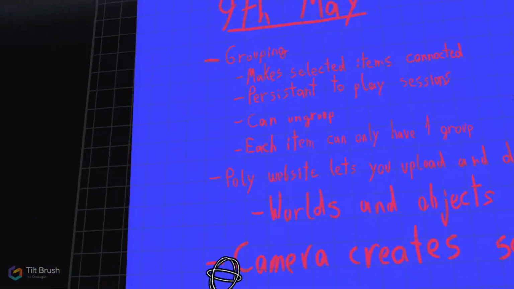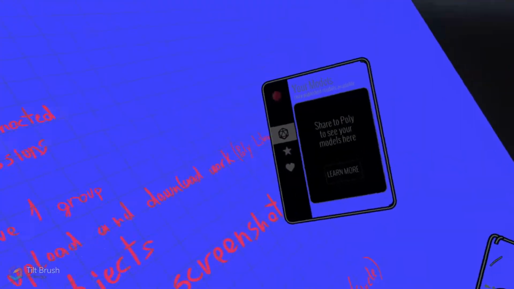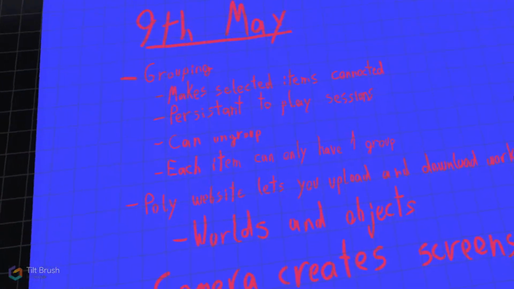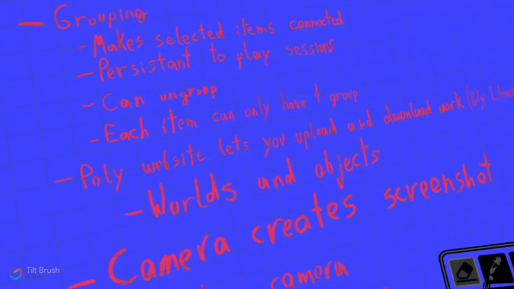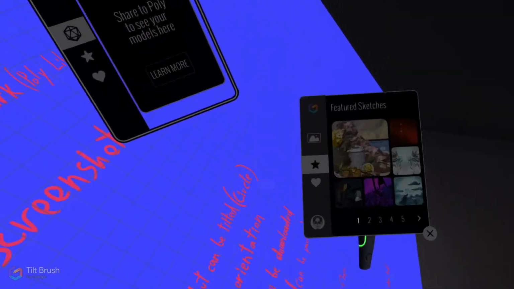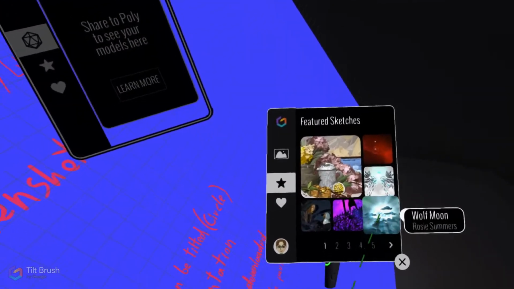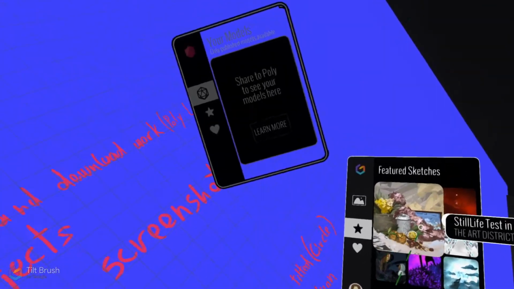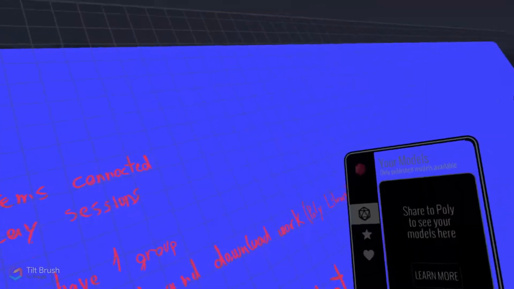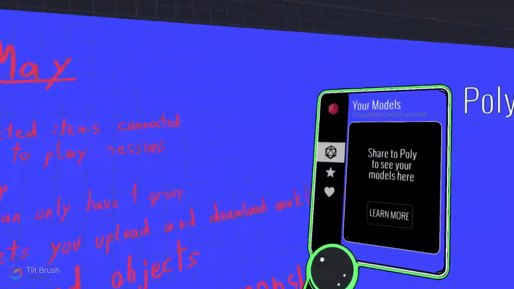So basically what you would do is you would save a certain object and you would download or export it. You can export the world, you can do it as a whole world. So for example, if I go on the sketchbook, these are some worlds that other people made. So I can upload my whole world, or I can upload specific objects. And I'll probably go more into that, actually doing it maybe in the future, and maybe looking at my website,